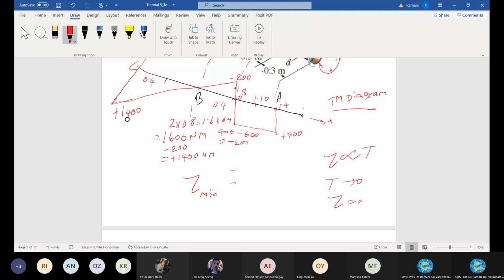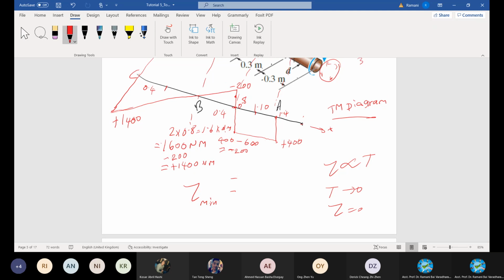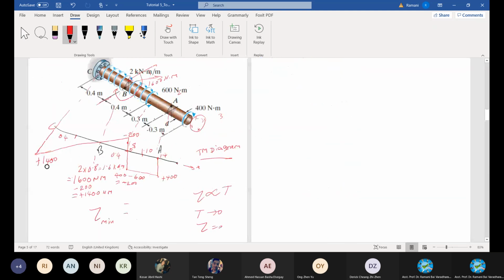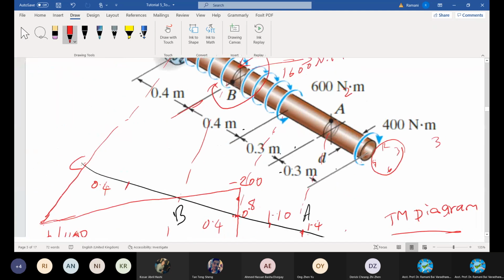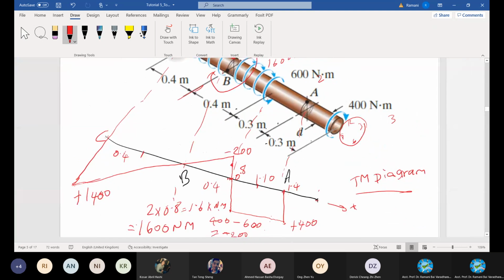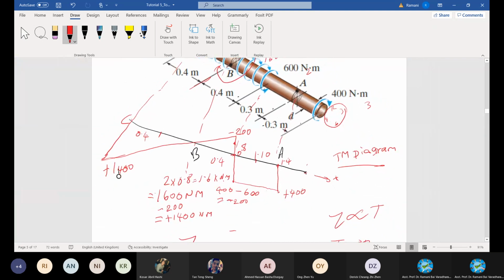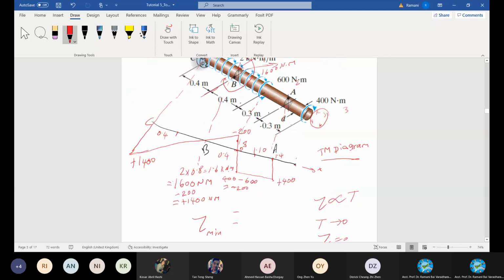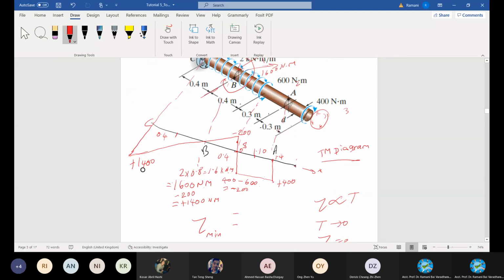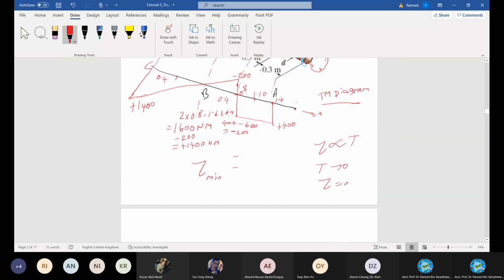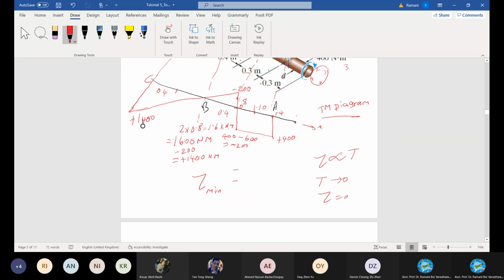Am I right? It is also having 0 at a section. At which section? Or tell me, the value I have already given. The minimum is 0. At which section? Roughly, you can give me roughly because you cannot imagine too much. But roughly you can say. I'm sure you can tell it from this diagram. The 0 crosses at which point? Roughly what distance? Or you rearrange and calculate. But anyway, you cannot do it because it is already 0.